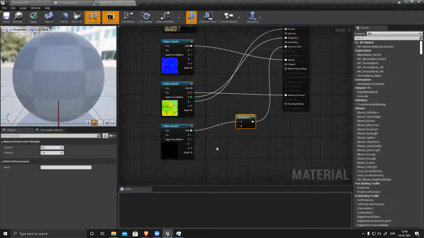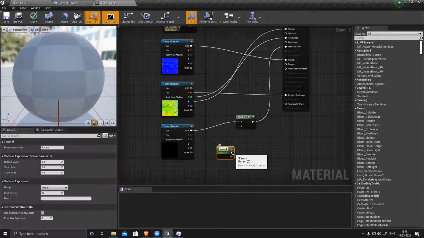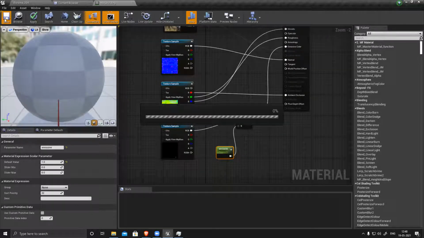Press S for a scalar parameter, S and left mouse button, and name it emissive. This is basically emissive intensity. Default value I'm giving 1. Connect to B. Save it.